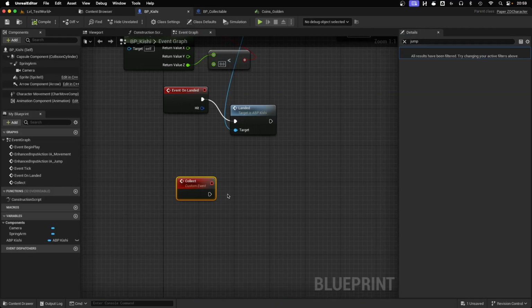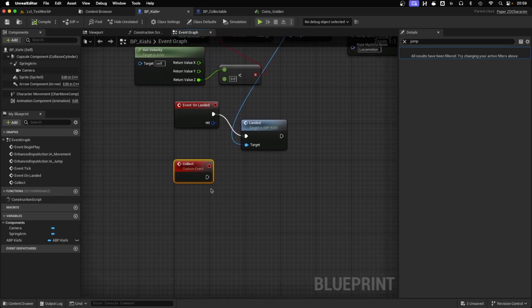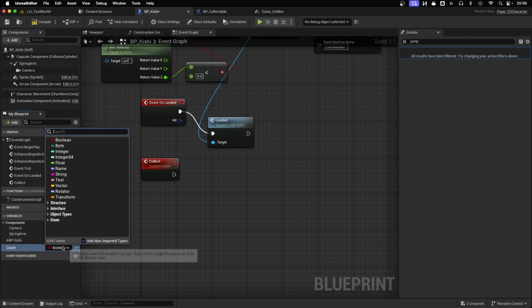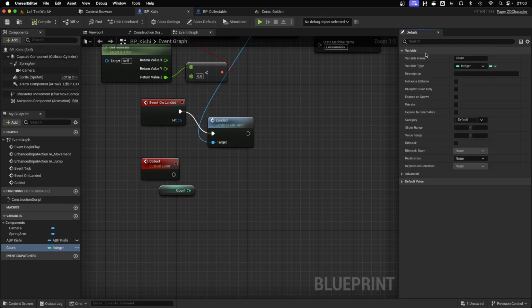So now, in Kishi, this is going to go off every time we hit one of those coins. So what I'm going to do is create a new variable. I'm going to name this count, for coin count. I'm going to change it from a Boolean to an int. And now we're going to do get count. We're going to actually first compile it. If you click on here, you will see, if you get rid of any variables, you'll see this. And basically, all you want to do is set